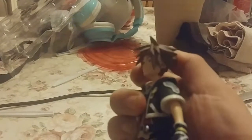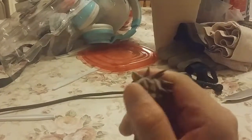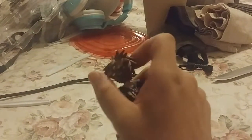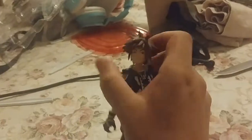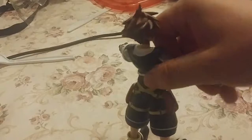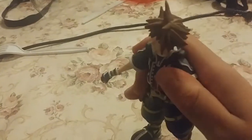So, for articulation, can Sora look up? He can look up and down a little bit. He can't look up very far, but he can do a 360, obviously, like most action figures can. Oh man, come on. And boom, 360. Has some head pivoting. Shoulders go all the way out and go all the way around. When you first buy these figures, sometimes the joints are kind of stiff. Actually, can the arms go all the way around? Maybe it can't go all the... Oh, no, I think it's hindered by his sweater. So, arms can't go all the way around, but